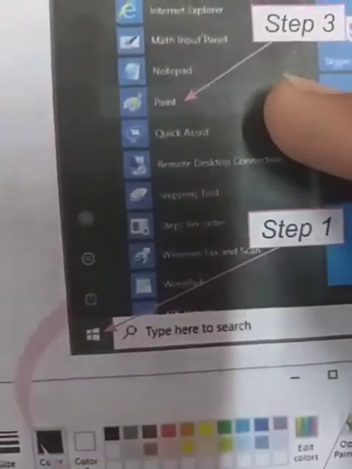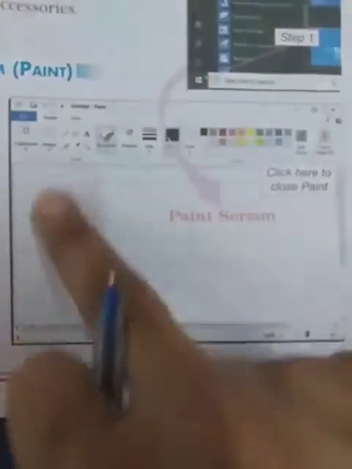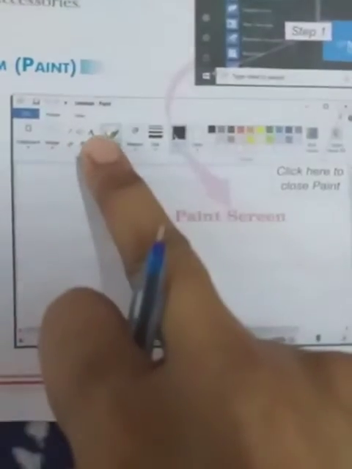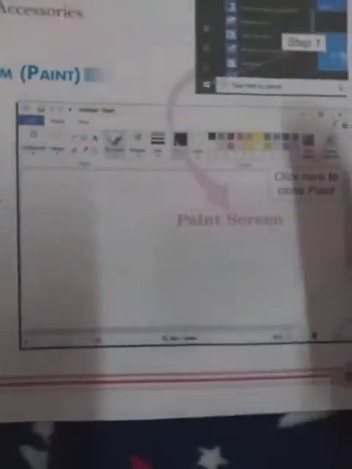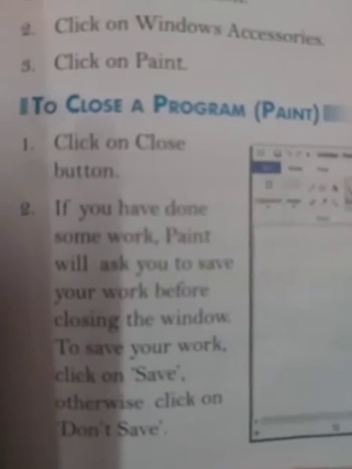Then you will click the Paint option. Your Paint box is open. See this. Your Paint screen will open and it looks like this. Here color, pencil, fill with color, word art and many more things. Is that clear?